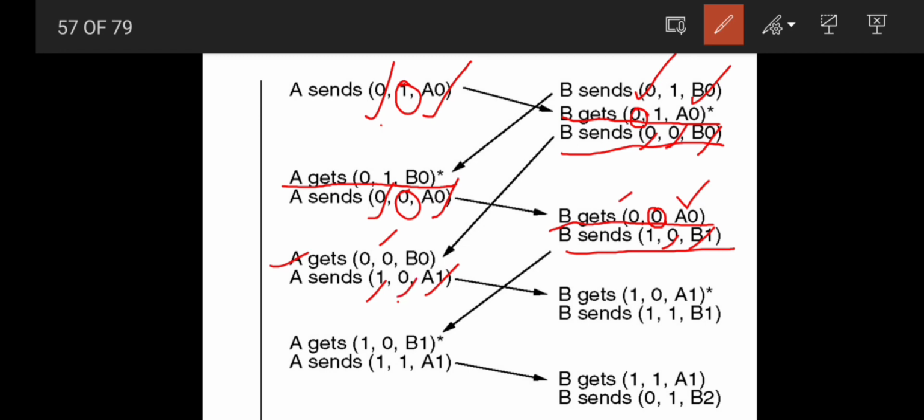So this is how all the duplicates will be rejected correctly by this protocol. So this is the single bit protocol. Now we can make it efficient by expanding the window size. That is, before receiving the acknowledgement for the first frame, a sequence of frames can be sent, thereby increasing the channel efficiency much more. For that we can see the next two protocols. Those are Go Back N and Selective Repeat. Thank you.